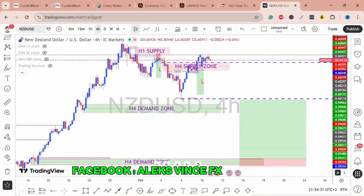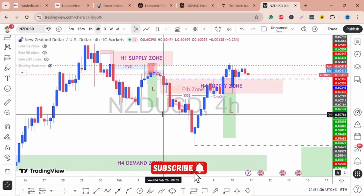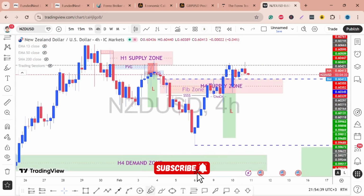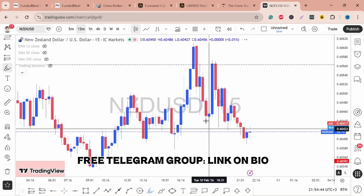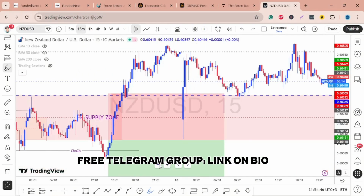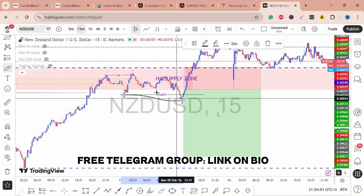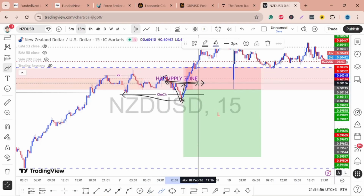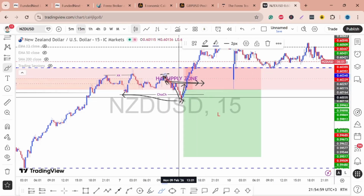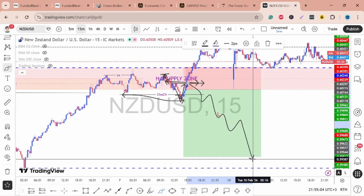NZDUSD is what we were looking at. We were looking for price to come to a 4-hour supply zone, which price actually did. Then we went to the lower time frame to look for confirmation for a sell, which we also got here. Once the price broke this level, a change of character, we got in on the mid of this swing from this point to this point, hoping that the price would go lower